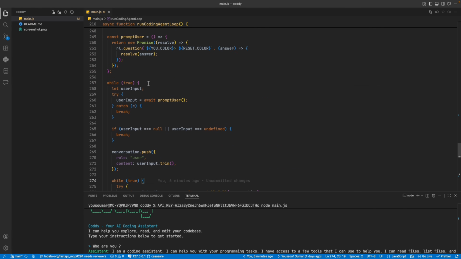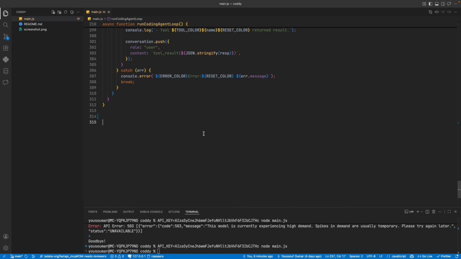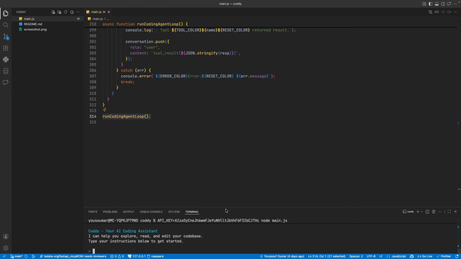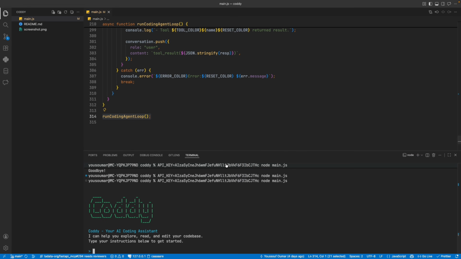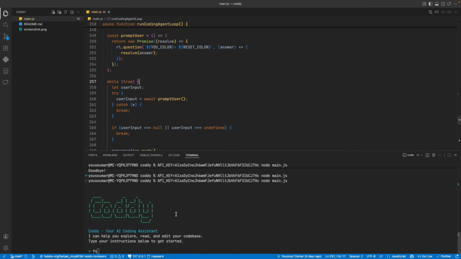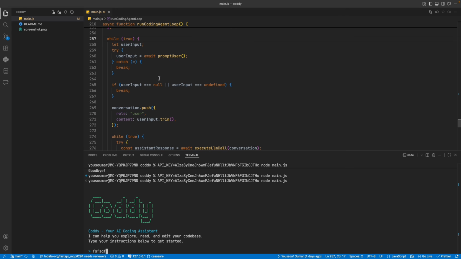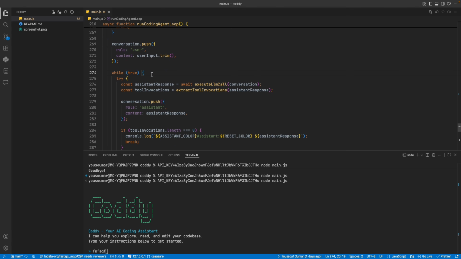So the first while loop, what it does is that it asks the user to type something. Let me call it below. So that is what's happening. The first loop is this. It asks the user to type something. So after the user types something here and hits enter, we're gonna enter this second loop, okay?